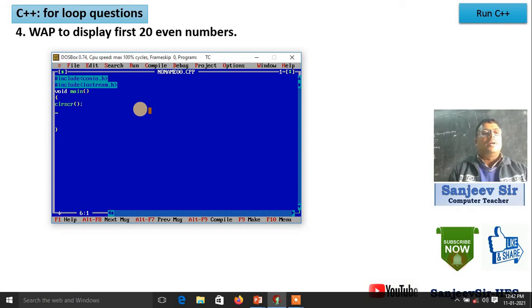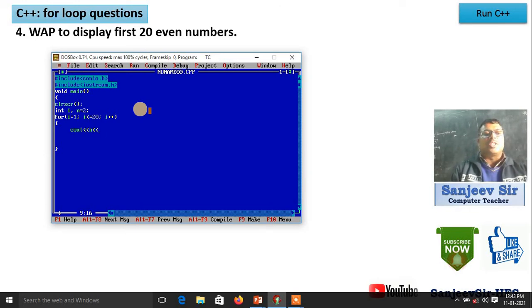So for even numbers, I will look for 20 even numbers, so I will loop 20 times, and we have to display even numbers, so we can use the variable n. The first 20 even numbers means the first value of n, the even number, we will start with 2. Now for loop: i is equal to 1, i less than or equal to 20, i++. This i loop will be for iteration only, that means we have to display 20 times. See, now you display the value of n.